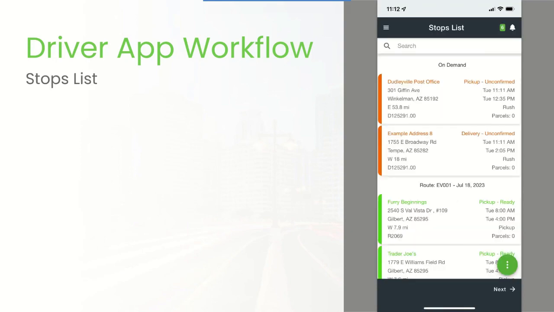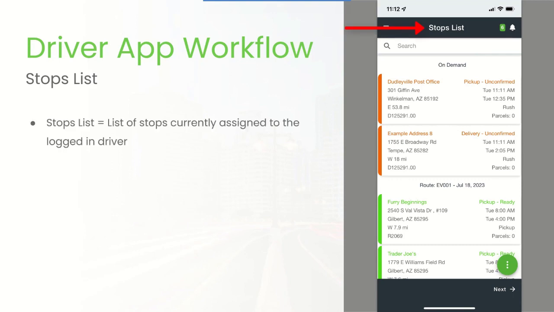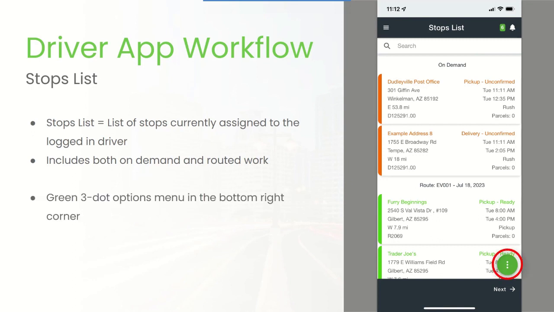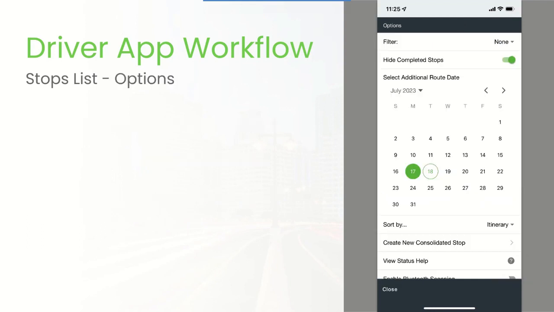When you first log into the app, you'll be defaulted to the stops list, which is a list of all work that is currently assigned to the logged-in driver, including both on-demand and routed shipments. We'll dive into stops in more detail shortly, but first let's look at the option menu in the bottom right corner. There are a lot of available options in this menu, but we'd like to highlight a few that are